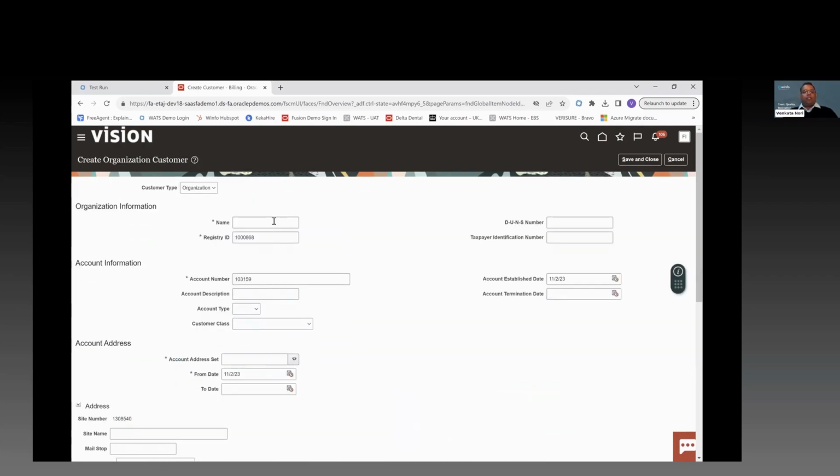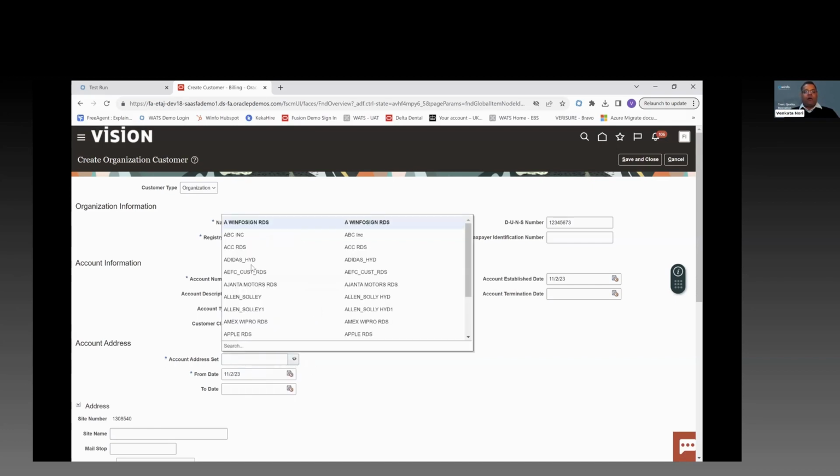So I came into the customer screen. I'll create a customer, say webinar demo, and I want to put a DUNS number. I'll just pick up a number here. Then I will put a registry ID number here. I want to put an account number here, say 60. Account description, say I'll put test demo, account type external, customer class I can choose, say I'll put consumer, account address set. I can choose